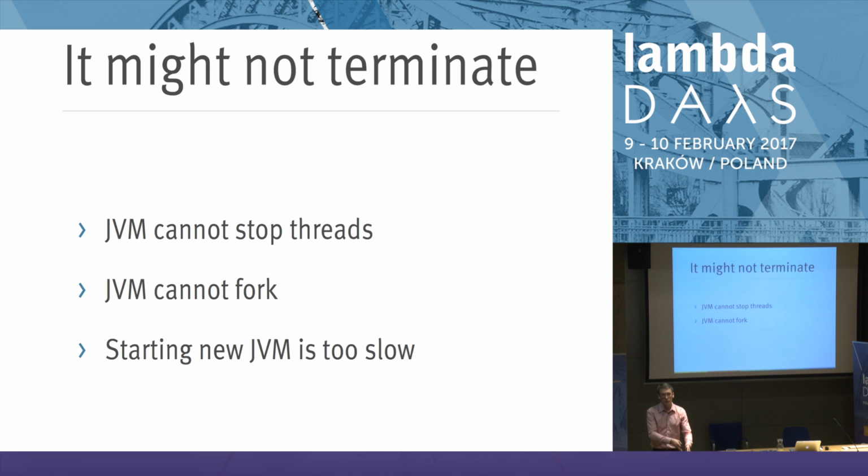You can't do that because the JVM, for portability reasons, does not implement the POSIX fork syscall. Well, you might want to start one JVM per test suite, but this is, again, even more costly, even more expensive. In other words, I don't have a solution for this problem. So if you have an idea, let me know, because I want to hear from you, right? This is something which other mutation testing libraries can solve by, for example, forking out and killing their sub-process. I can't do it in the JVM.